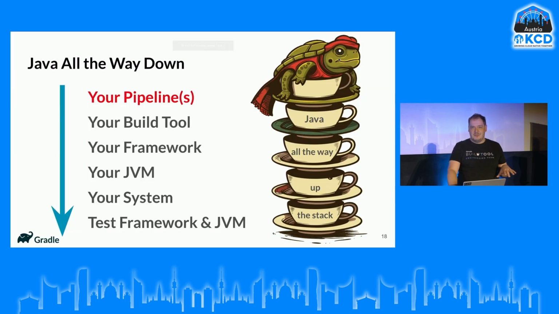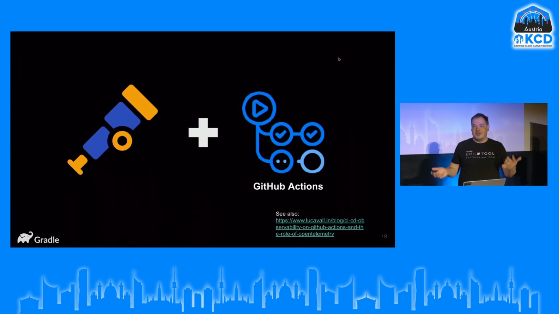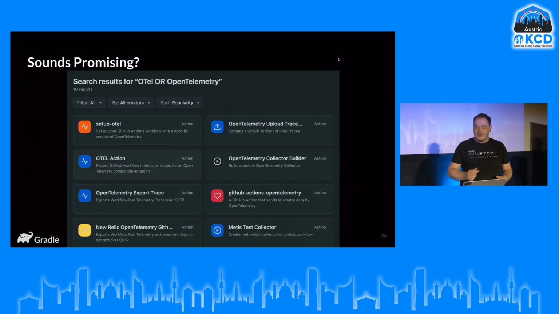Who has ever tried OpenTelemetry with GitHub Actions? Yeah, because supposedly it should be a click of a button like in other CI systems. In Argo CD, in Jenkins, you install a plugin, do some configuration, and it works. Apparently, in GitHub Actions it is not exactly like that, because first of all, our awesome community created quite a lot of different OpenTelemetry integrations already. So if you just Google for OpenTelemetry, you have 10 results.